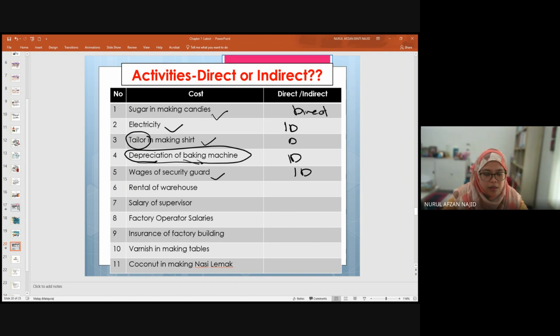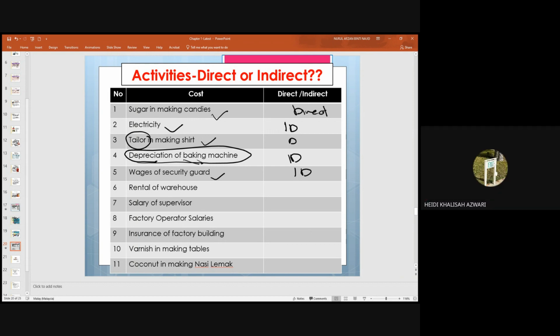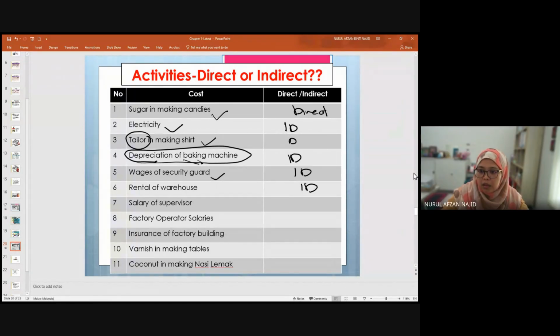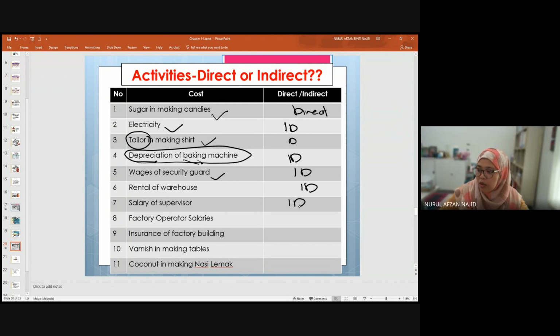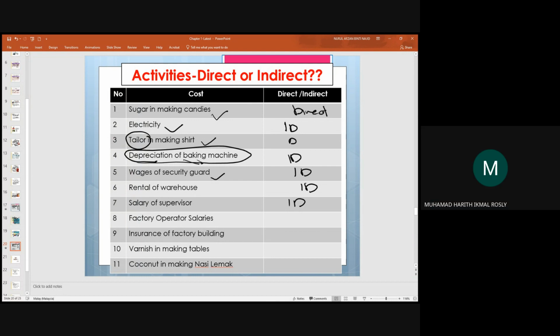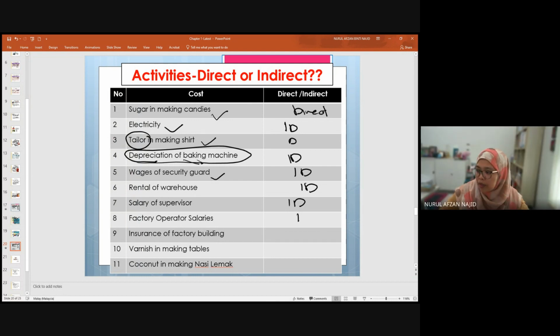Hedi Kalisha ni saya dah panggil ke tadi? Hedi Kalisha. Oh, ya, madam. Okay. Apa jawapan dia? Indirect. Good. Next kita ada Izian Amanina, salary of supervisor. Izian? Indirect. Good. Factory operator salary, Muhammad Harith. Harith? Indirect. Indirect. Good. Insurance of factory building,